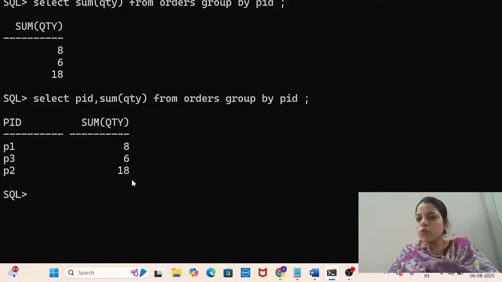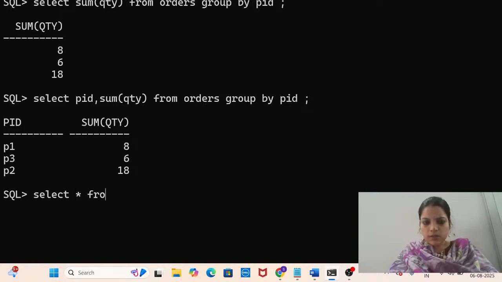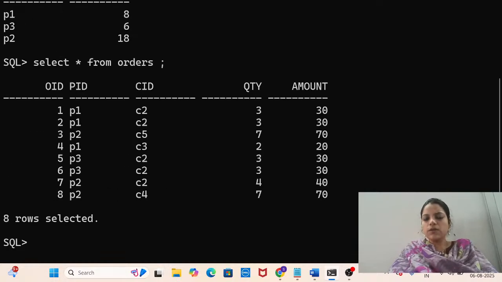So what if I wanted to group this data customer-wise? Means, for those who didn't get the logic of the first query. For example, this is my order table. If I don't want to display all the columns in the output, I would like to go only with customer ID and quantity